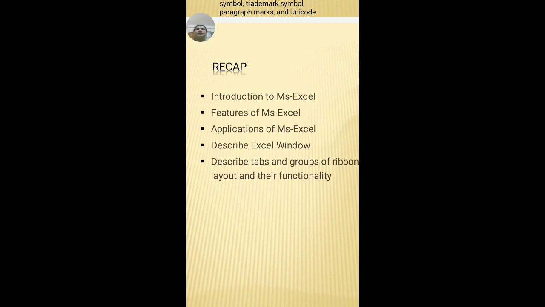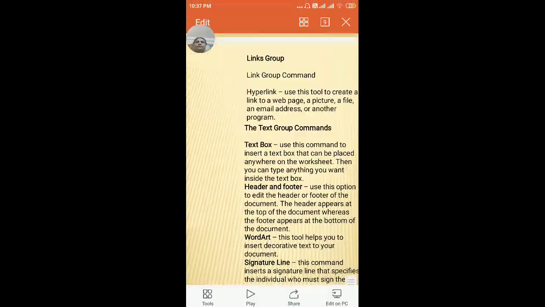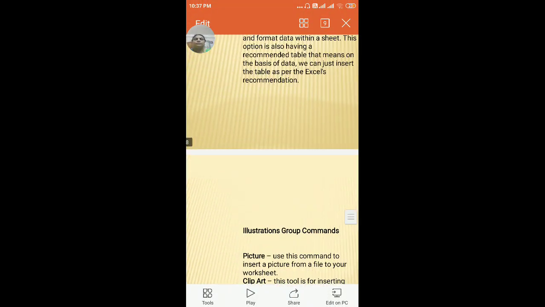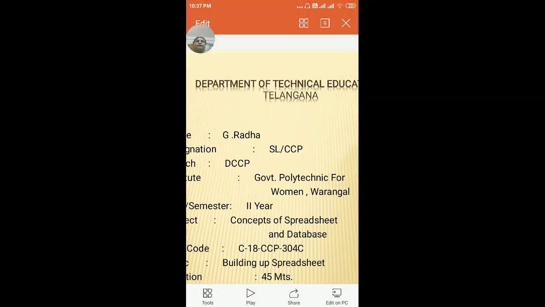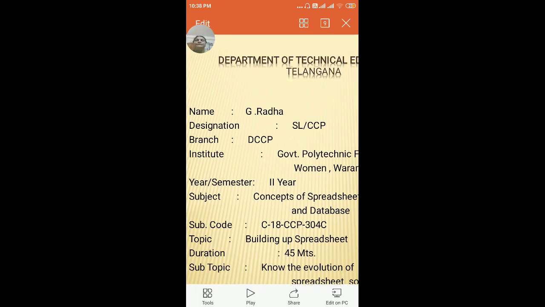Now in the last class we have already seen what an Excel application is. The Excel application is a part of the MS Office package. MS Office is a package which contains Word, Excel, Access, PowerPoint, FrontPage, and it is used for different applications.